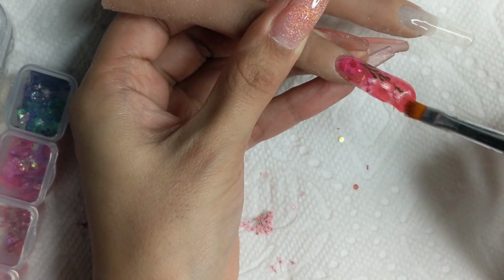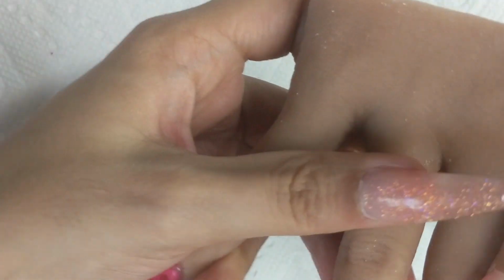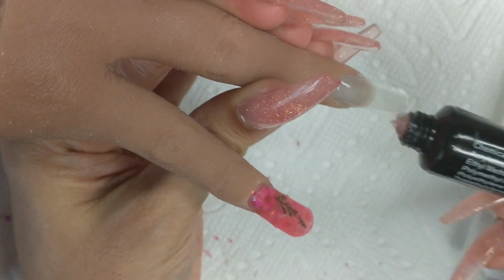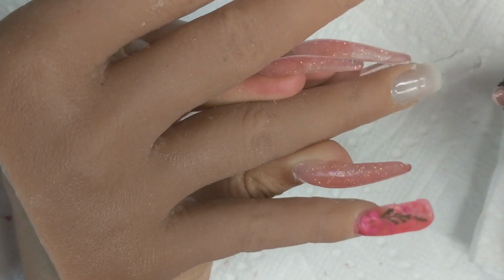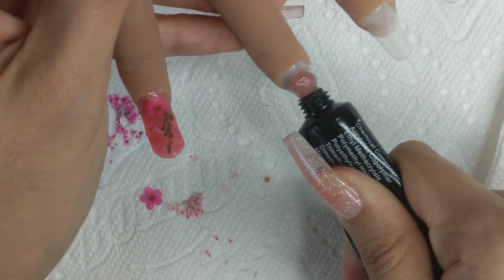I have not tried to do a French nail with polygel, so I start off with my Cover Pink polygel, and that is what I use towards the cuticle. And when you're working on a client, I would recommend using the spatula side of your brush. I'm working on a mannequin hand, so it does not matter to me,